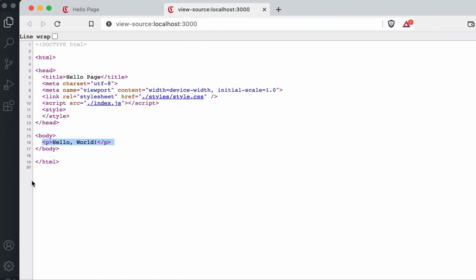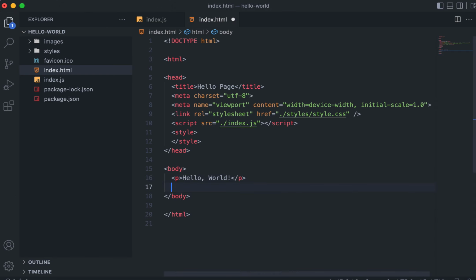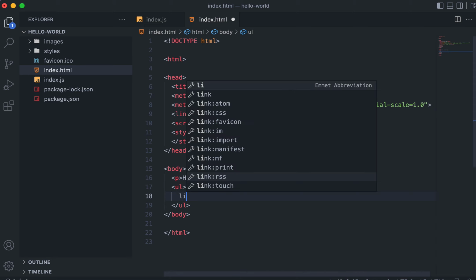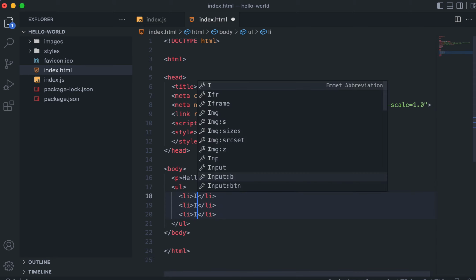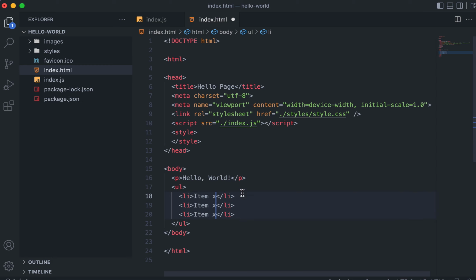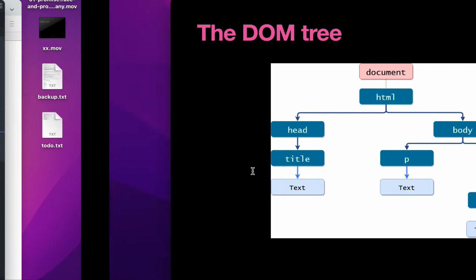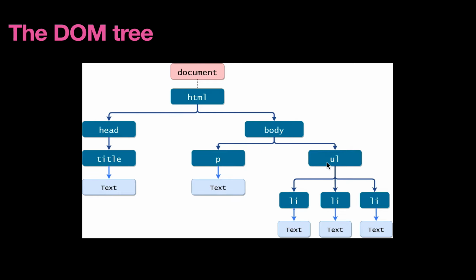If you write a list, then how will you write it? We understood earlier that there is a ul tag and inside that an li tag, and many items can be there in that, right? So the point is that the body has two children, let's say p and ul, and then ul has three children, li. So you can understand that this whole thing